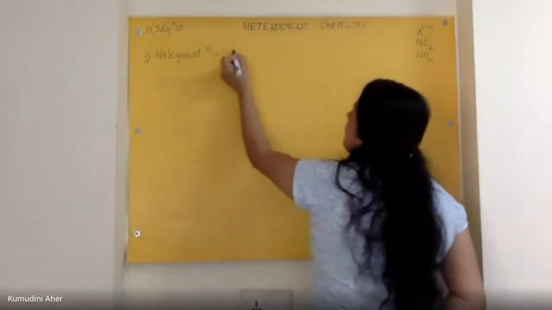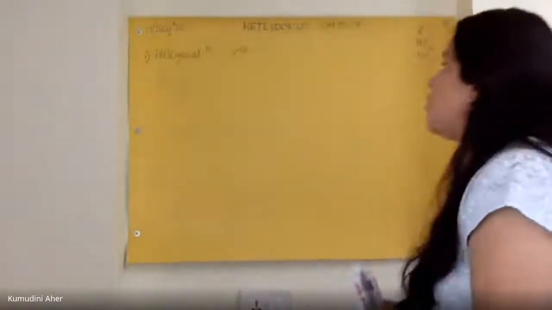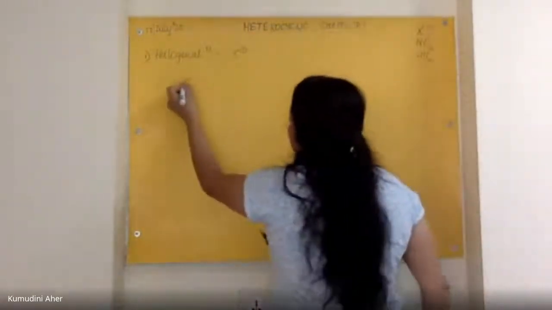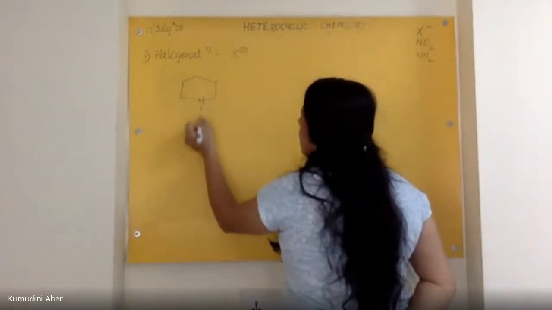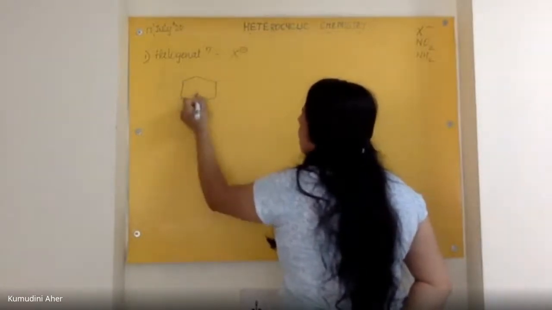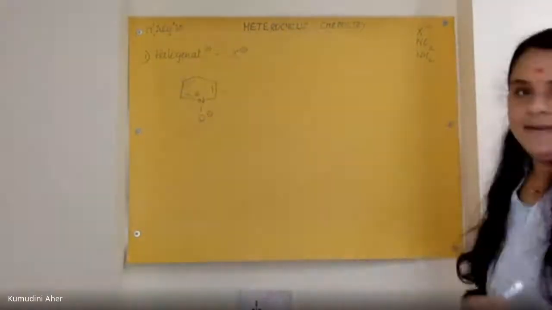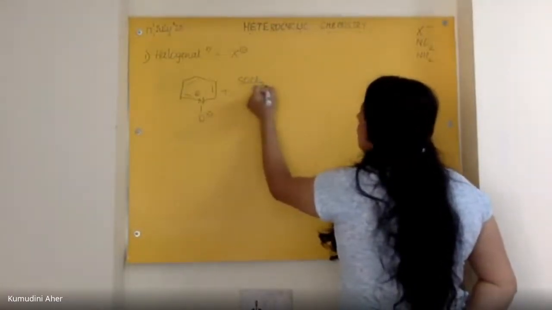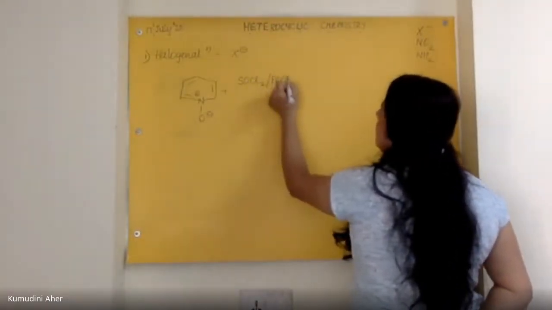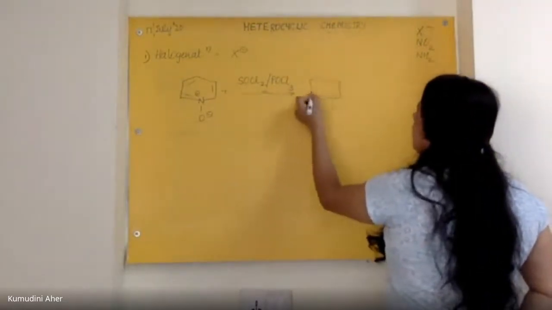Halogenation means what? Addition of X minus. Correct? So what are we attacking now? Pyridine N oxide. Okay? This is your pyridine N oxide. Okay. Structure is understood. X minus can be obtained by SOCl2 or phosphorus oxychloride. This will give rise to